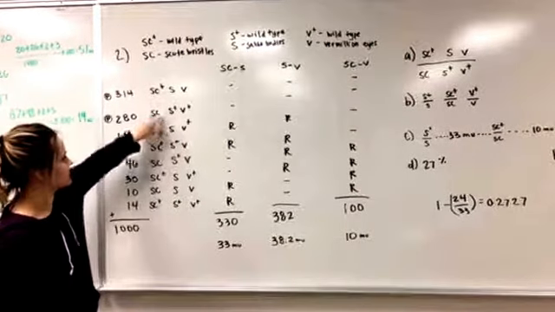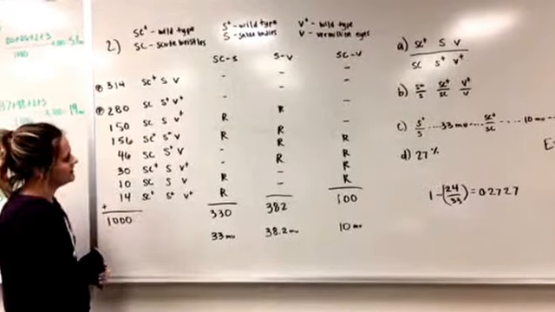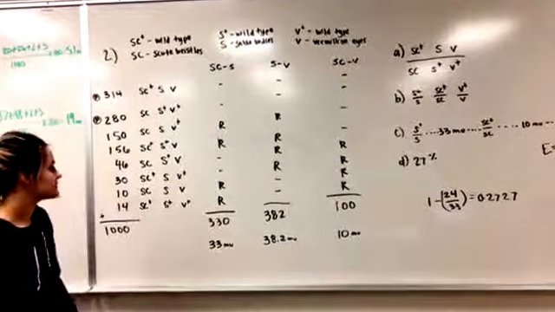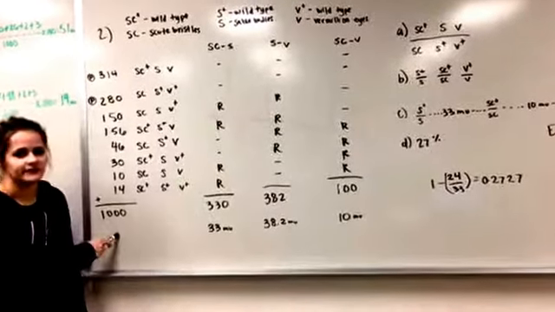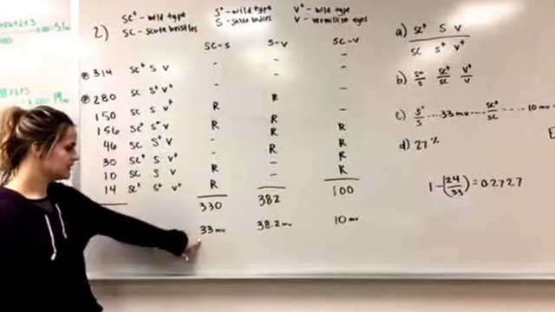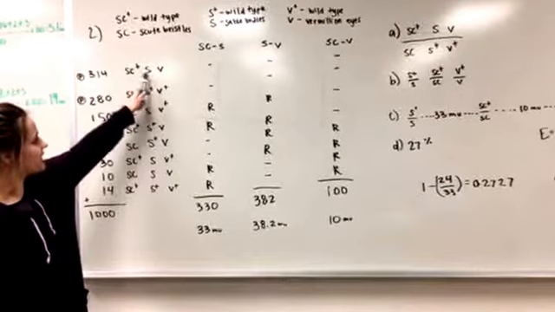These ones didn't match either of those. These SC and S didn't match, and these 2 as well didn't match. So you know that those ones had crossed over. And so I counted those up and divided it by the number that we had total, which is 1,000, and I got 33 mu. I did the same for the SV